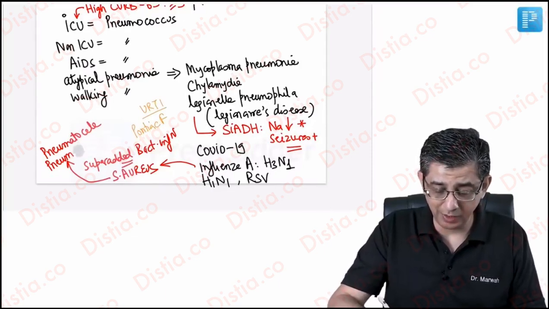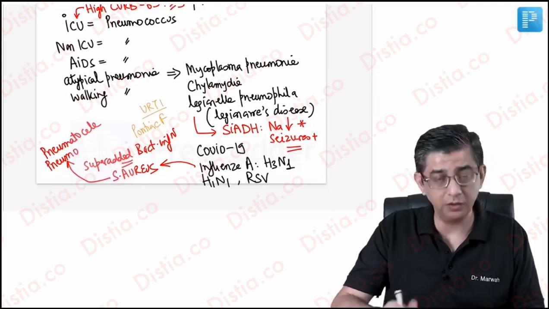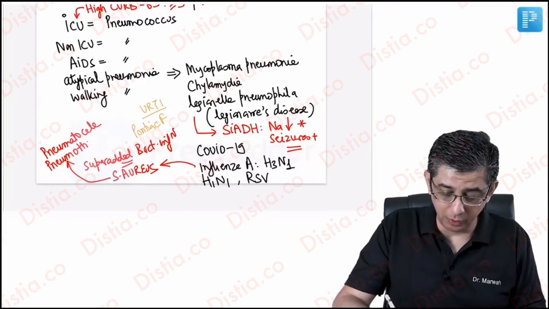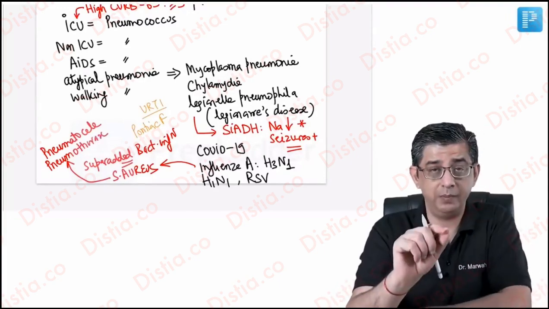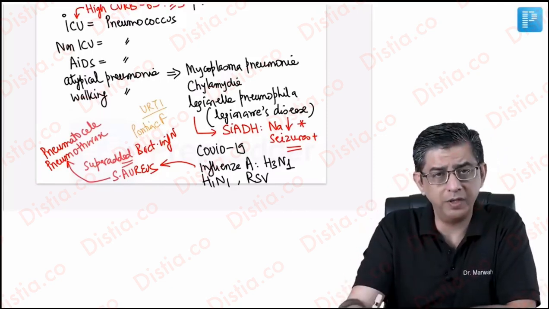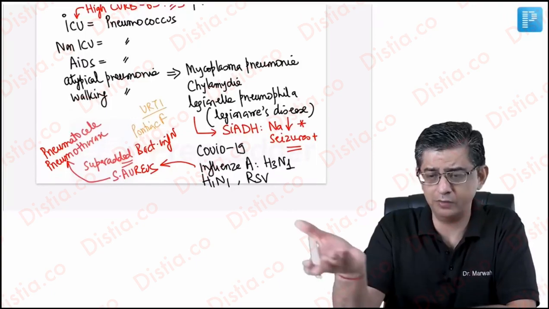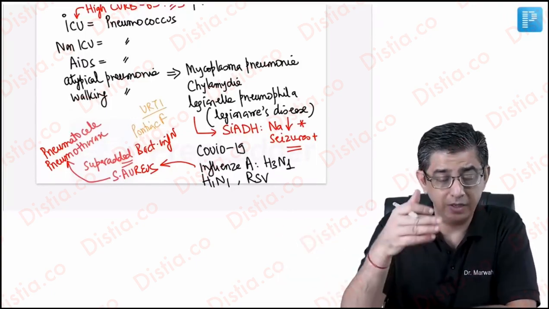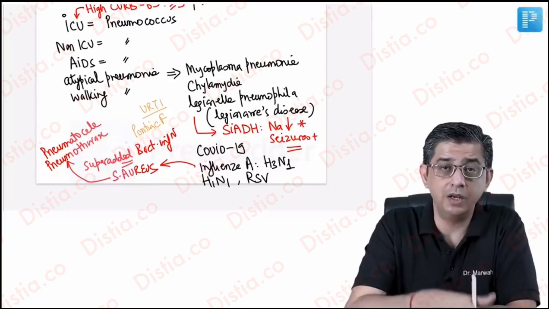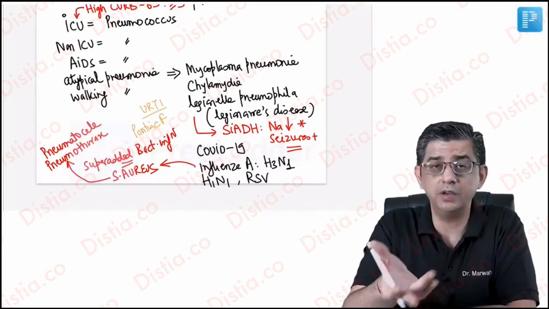In fact, this has been asked in the previous, we used to call it AIIMS exam, now we call it INI-CET exam, but you definitely have to remember this statement. A known patient of pneumonia, a sick patient on vancomycin, he himself gave a hint also, because when you read vancomycin, you think Staph aureus. He said a sick patient with pneumonia, already on vancomycin for 2 days, is now having worsening of symptoms,